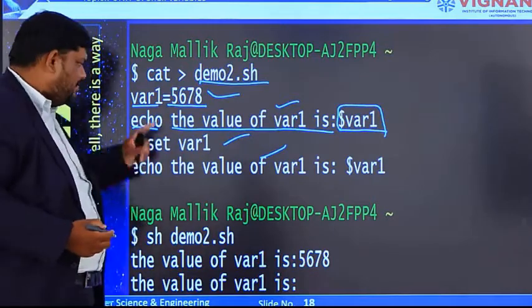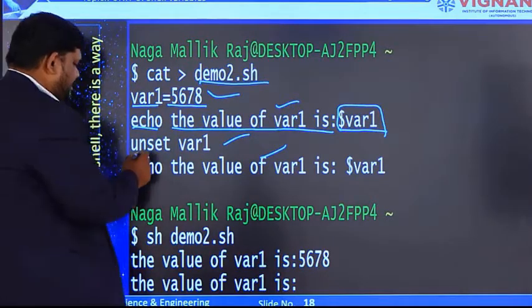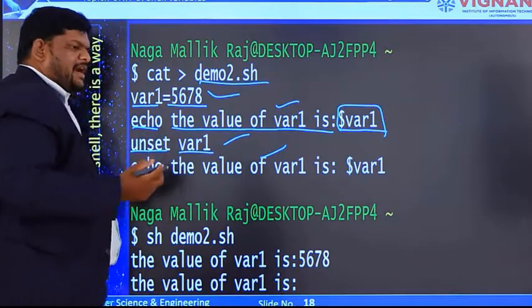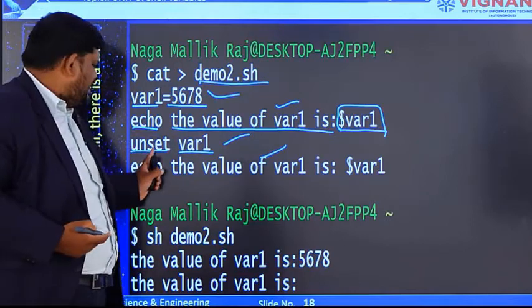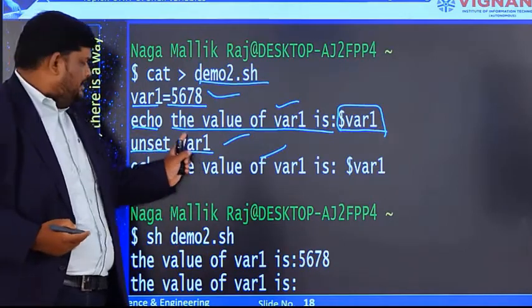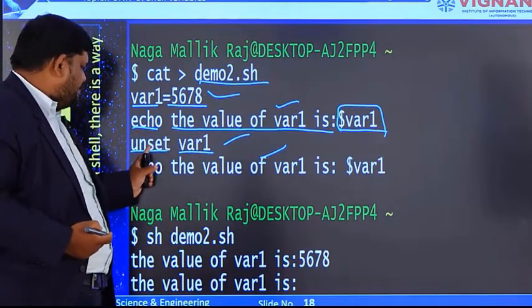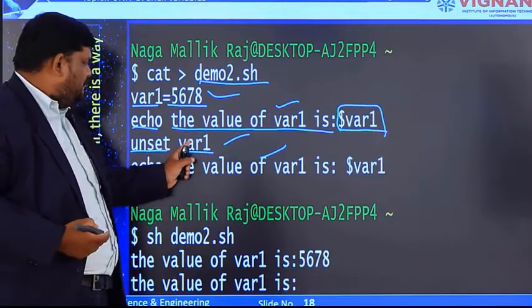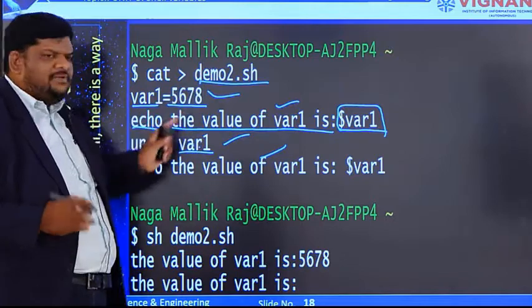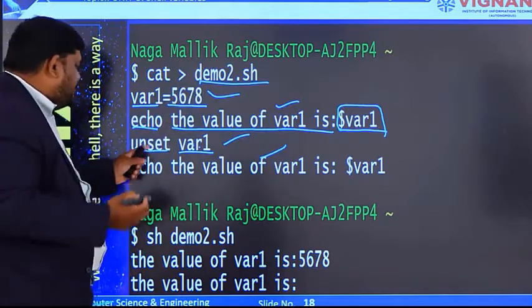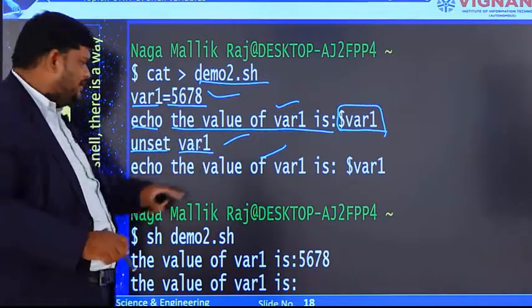We know that. Now here I am writing unset. That means now I am deleting the variable that I previously declared. That is the syntax, unset var1. After execution of the statement unset var1, var1 no longer exists. That means in var1 there is no value, nothing is there. Now I am trying to print the value present in var1.